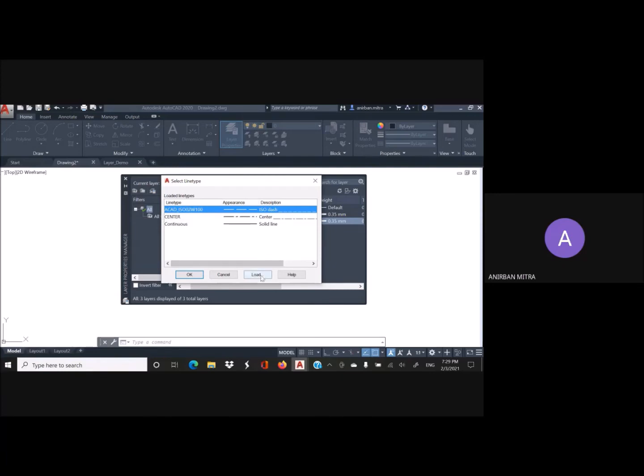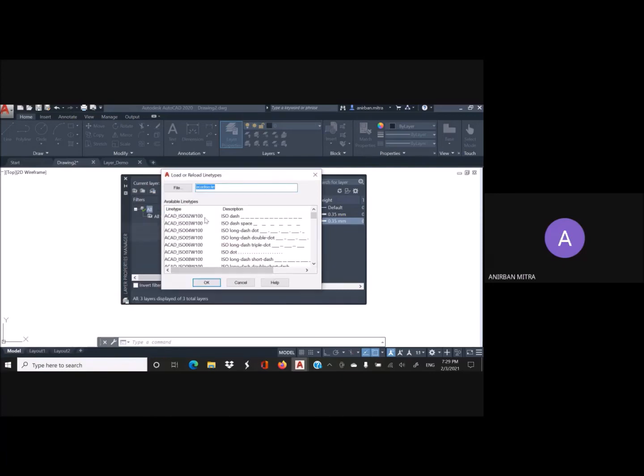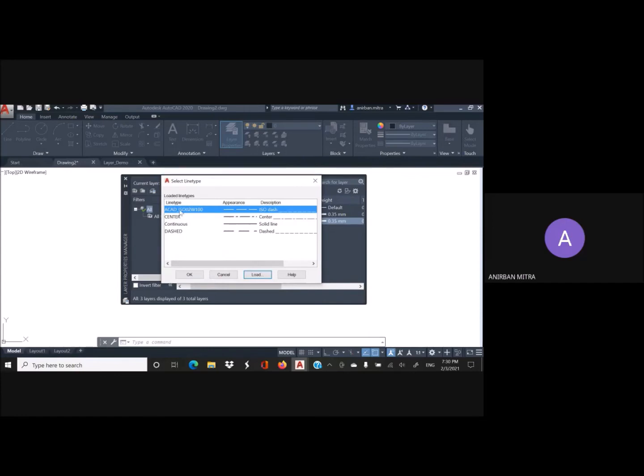Here I will mention that you can use the load button to open up the library of different line types. So for example, if I want to include other type of line types, I can do it from here. I can select dash and the dash layer now appears here.